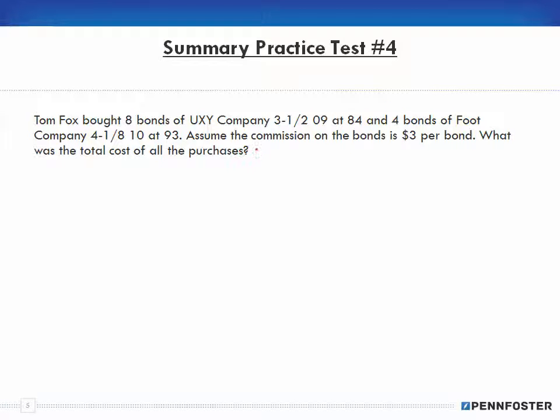Okay, remember, and always keep this in the back of your mind, that when you're doing word problems, you have information that's directly related to solving the problem, you have information that has nothing to do with solving the problem, and then you have information that has to be manipulated. And so it's asking, what is the total cost of the purchases? Well, I'm going through this information, I have 8 bonds,